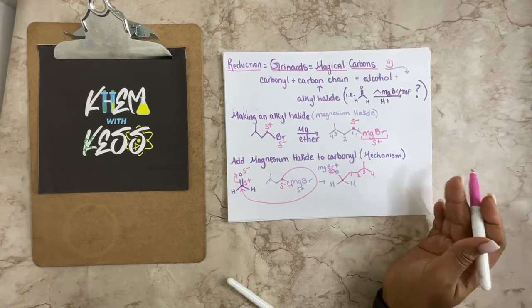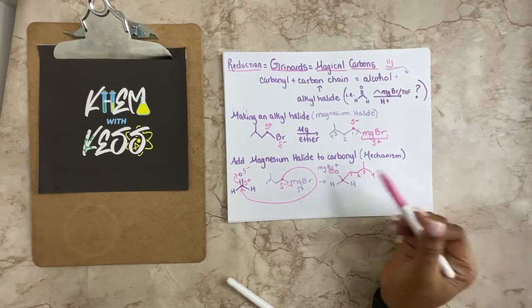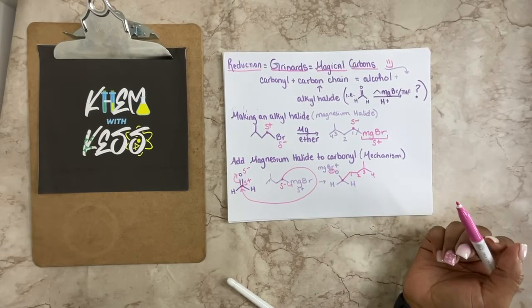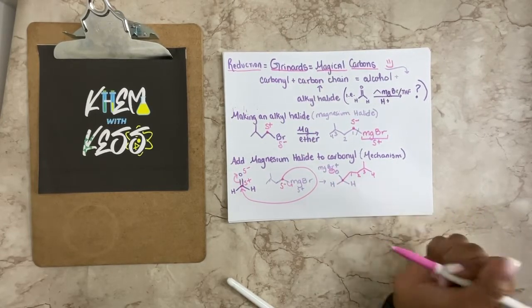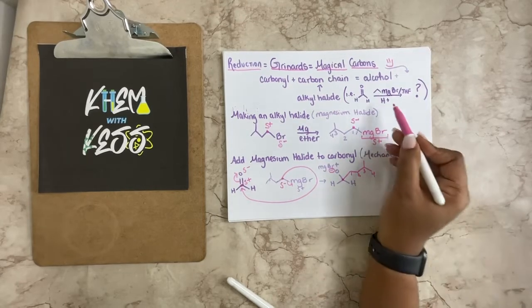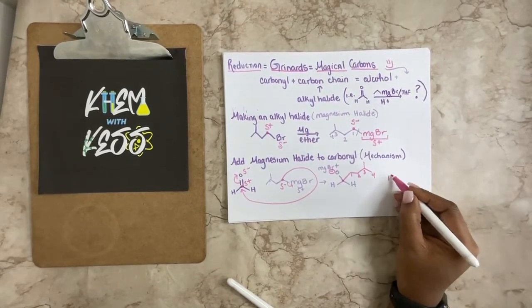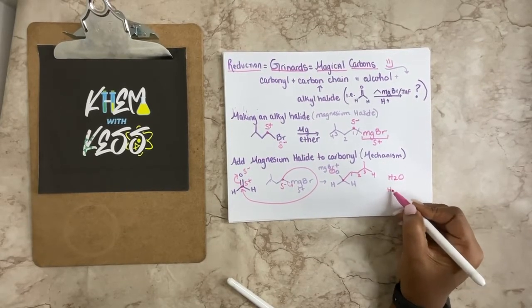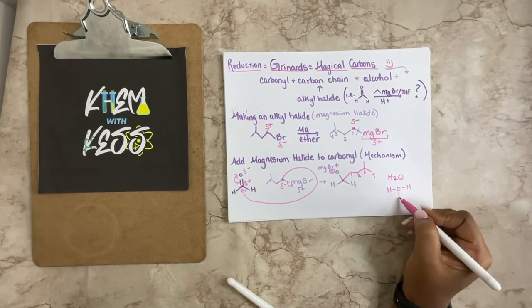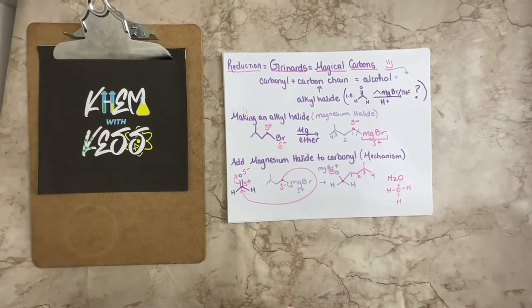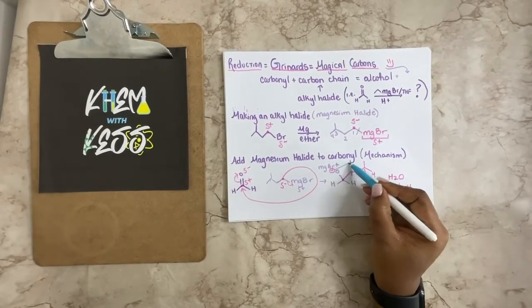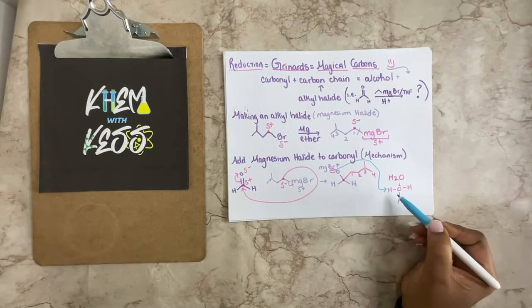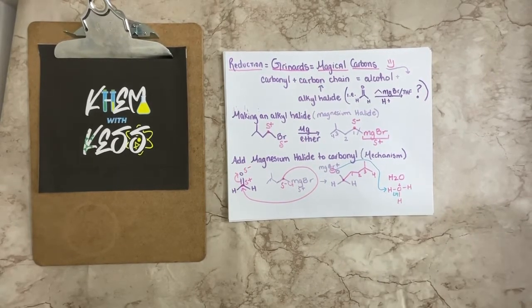And in mechanisms, how we know we're not done is we shouldn't have any more positive and negative signs on the actual product that we want. So the next step would be the H+. Remembering H+ could be any type of water or even H3O+. It just depends on what is given to you. So I'll use H3O+ in this case, which would allow now for that negative charge to grab onto this hydrogen and kick off the water, making your final answer,